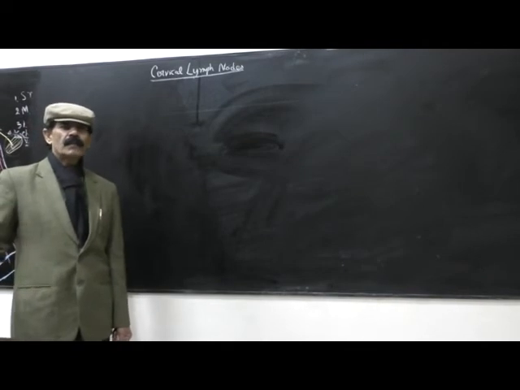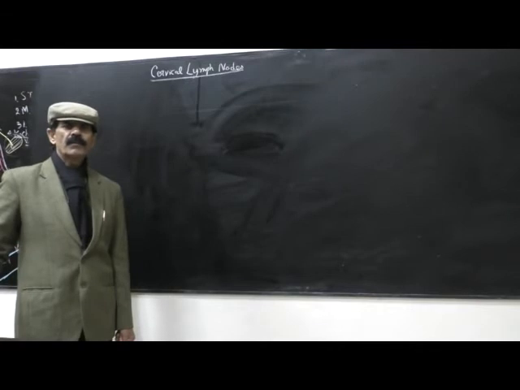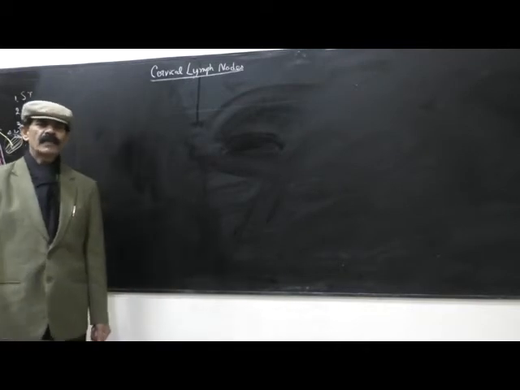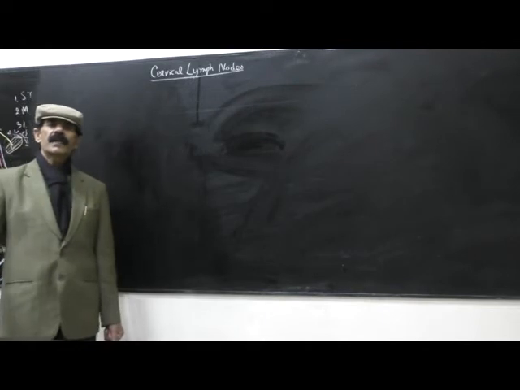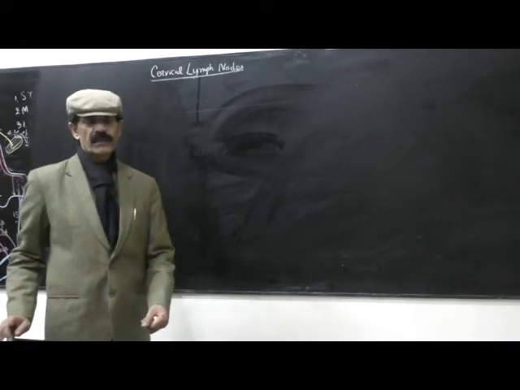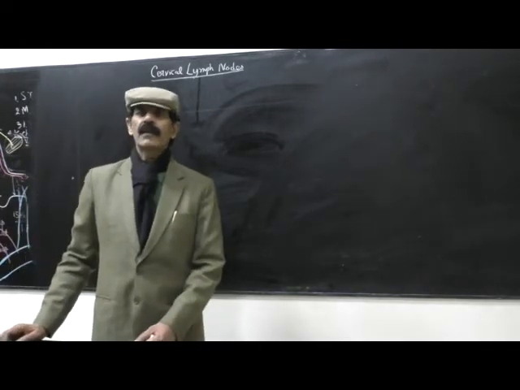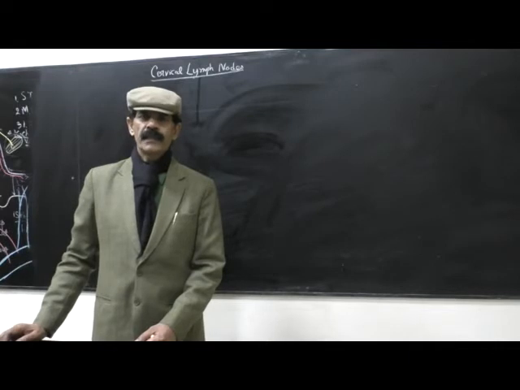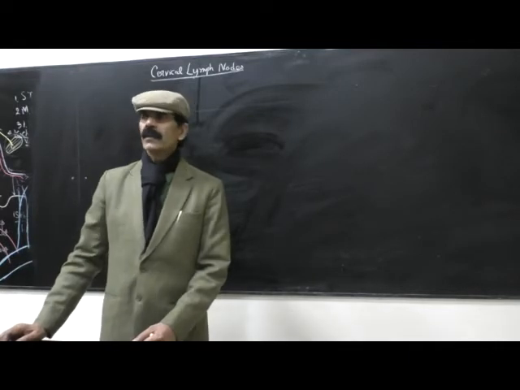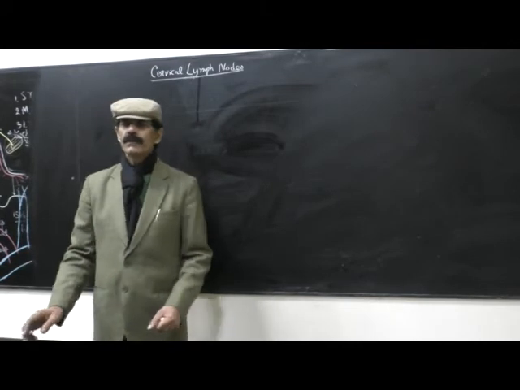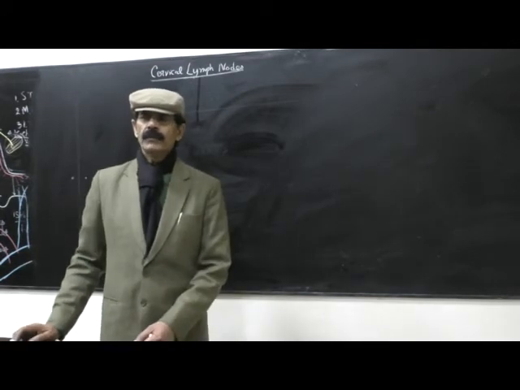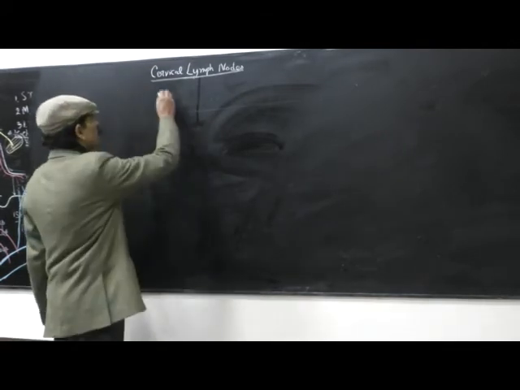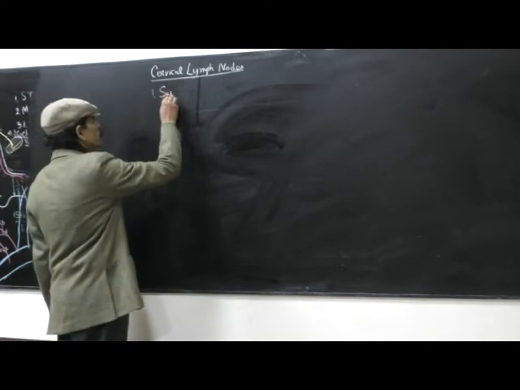Now there are about 400 to 450 lymph nodes in the whole of the human body. Out of these, 70% are present in the head and neck region. So they are called the cervical lymph nodes. These cervical lymph nodes are present in the head area plus the neck area, and we divide these lymph nodes into two groups. One is the superficial group,